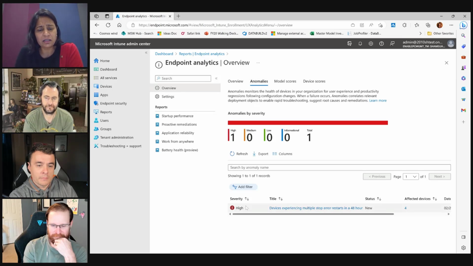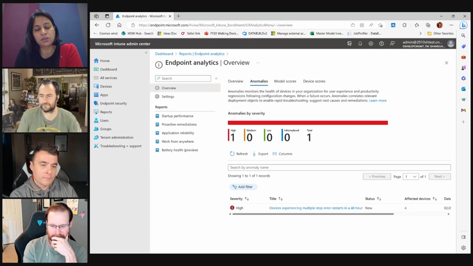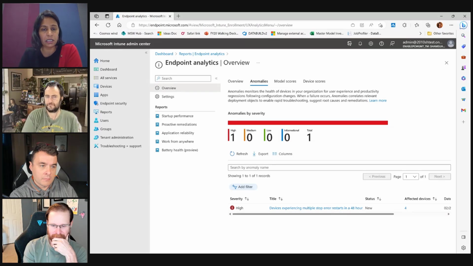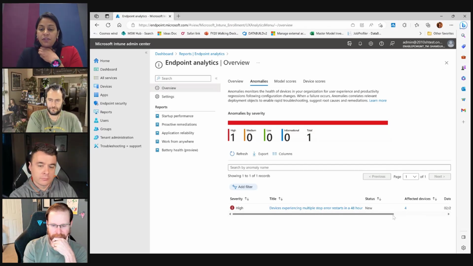You will see that anomalies will surface in the pane below. Again, by default, high severity anomalies will show up at the top, followed by medium, low, and informational severity. And here you will see aggregation of the total number of severities. Now, this gives a very interesting count whether this anomaly is a